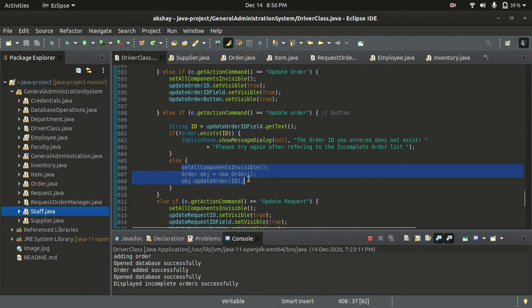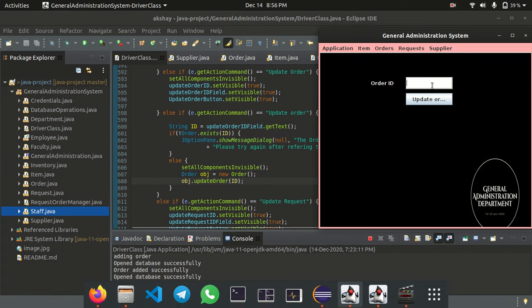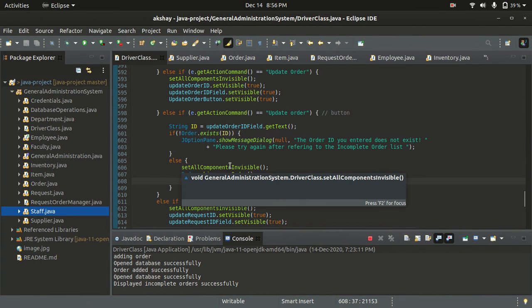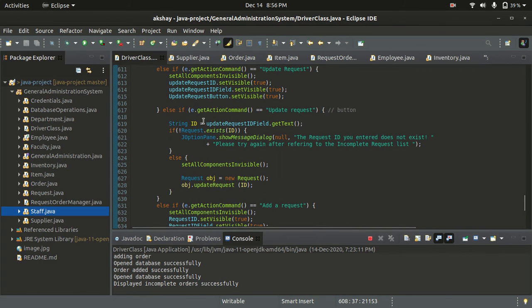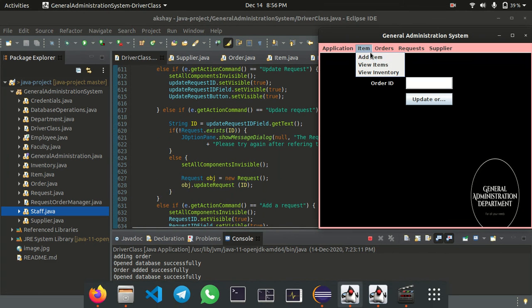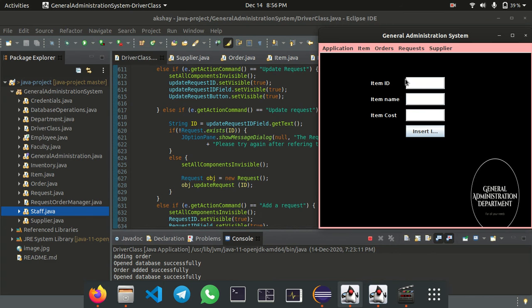Else we update the order such that the order is completed: the is complete attribute is given as true. And we have update request, which is similar, and we also have add item here, which is similar to add order or add request for that matter. So that is basically it.